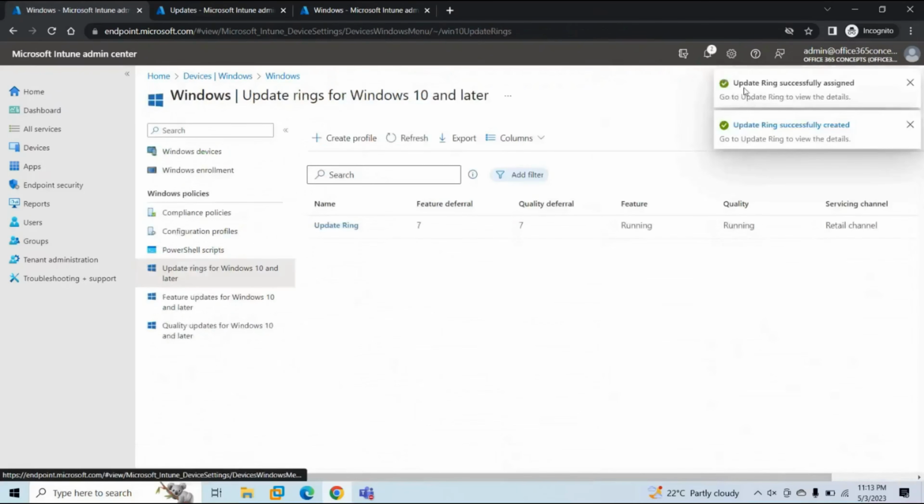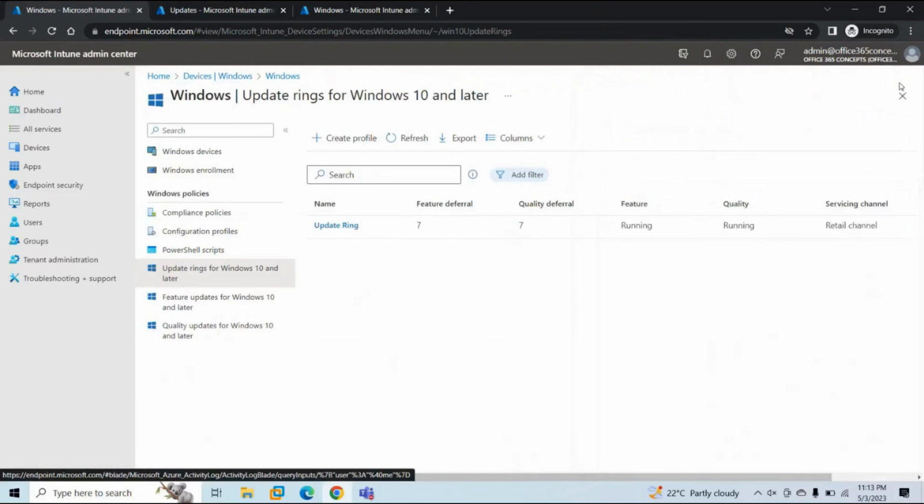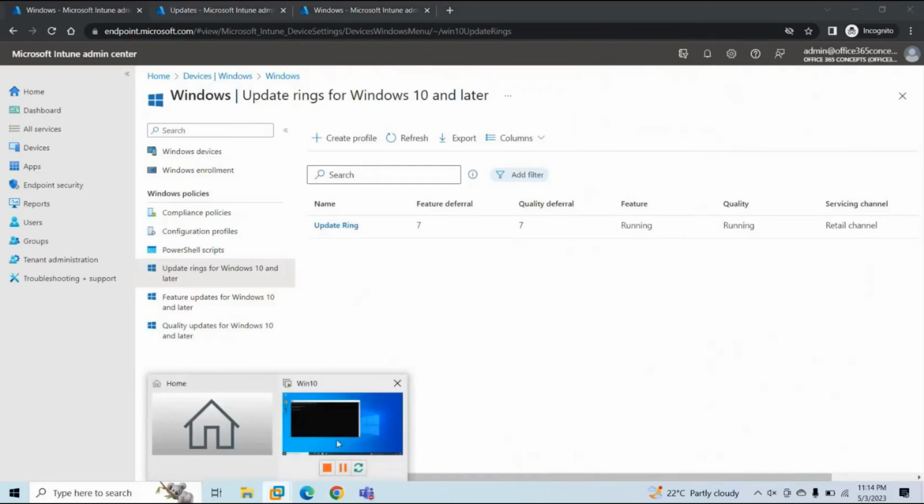So now this policy is created. You can see here update ring successfully assigned. This is created and the policy is assigned to the device as well. That means to the group as well. Now let's go to the device and let's pull this policy